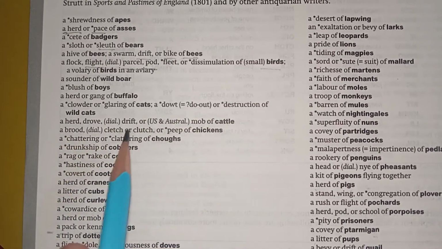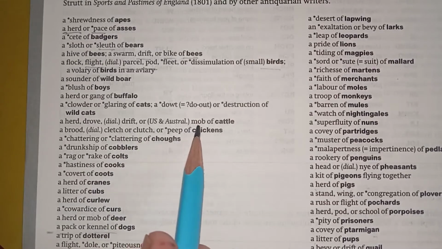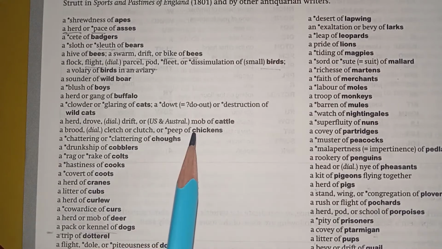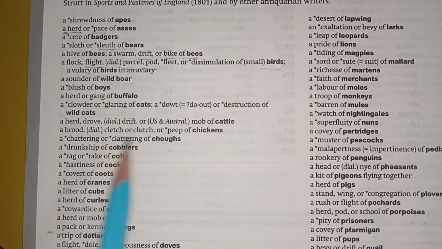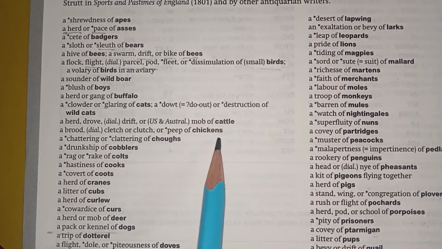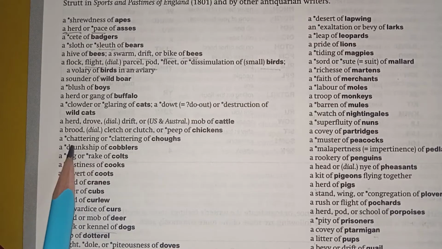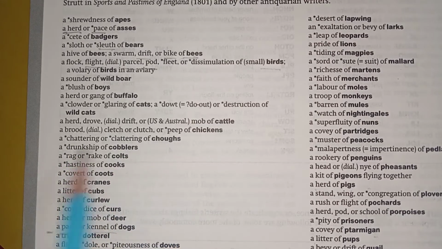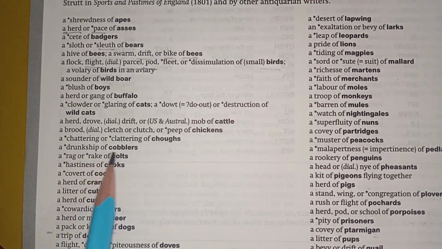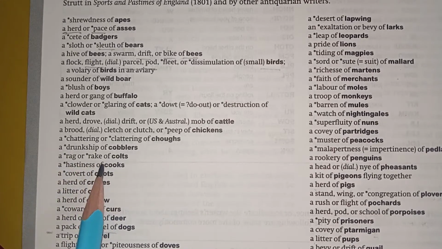a drove of cattle, a drift of cattle, a mob of cattle, a brood of chickens, a clutch of chickens, a peep of chickens, a chattering of choughs, a clattering of choughs, a drunkship of cobblers, a rag of colts, a rake of colts, a hastiness of cooks,